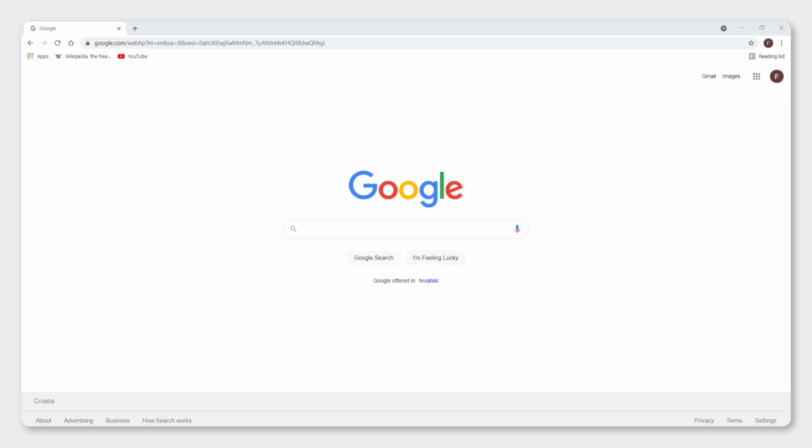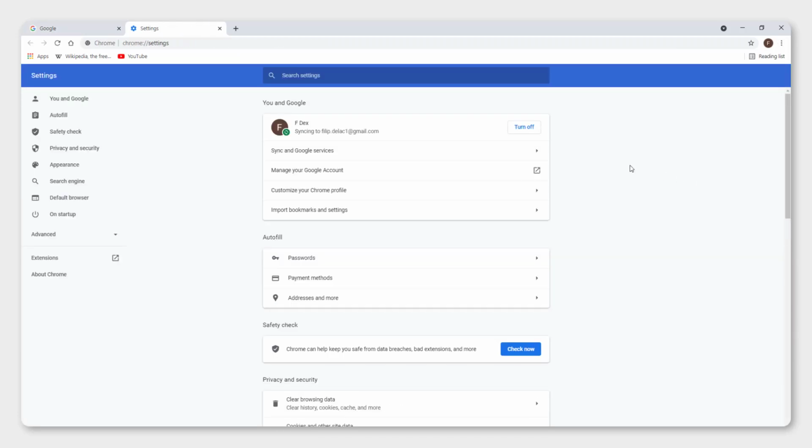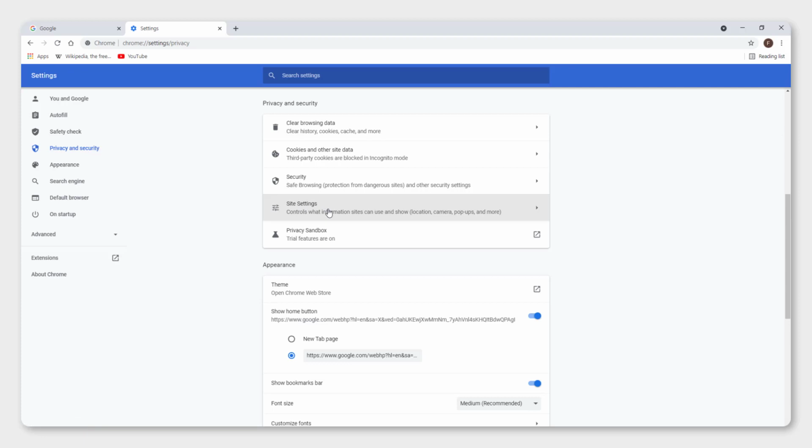Today I'll show you how to turn off and on notifications of your Google Chrome. To do that, click the More or these three little dots up here, click Settings, and click Privacy and Security. Over here, click Site Settings